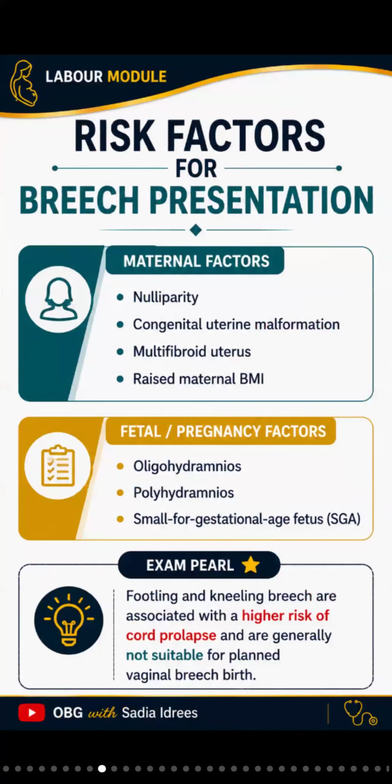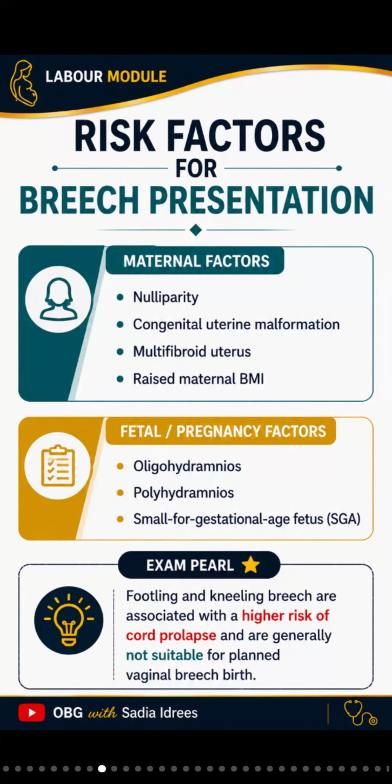Now, what are the risk factors for breech presentation? There are multiple factors, and different books list different factors. Maternal factors include nulliparity, congenital uterine abnormality, fibroid or multiple fibroid uterus, or if the patient is obese or has a raised maternal BMI. Fetal factors include oligohydramnios or polyhydramnios or